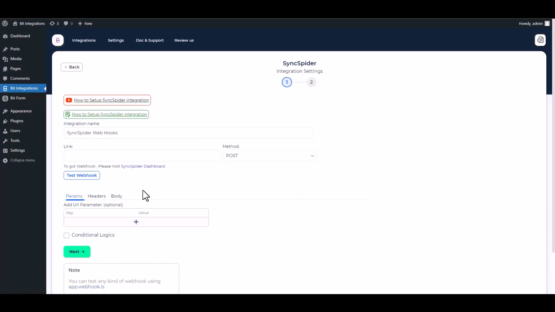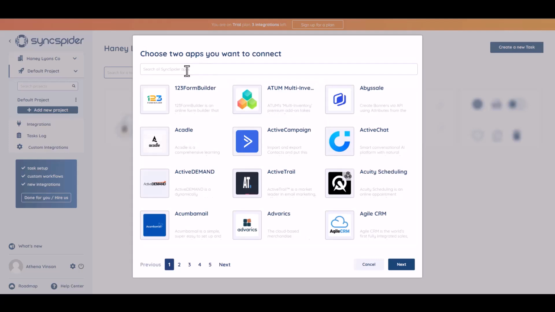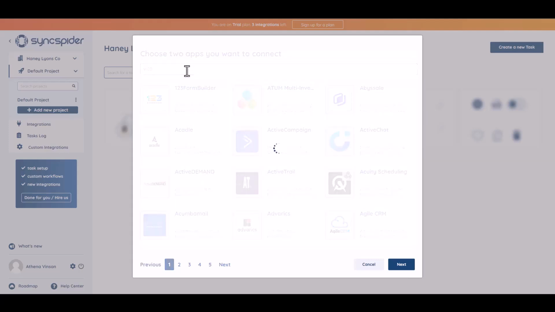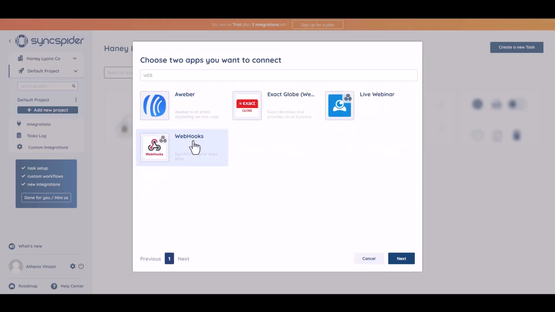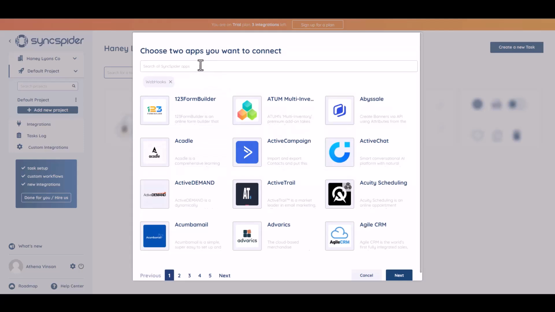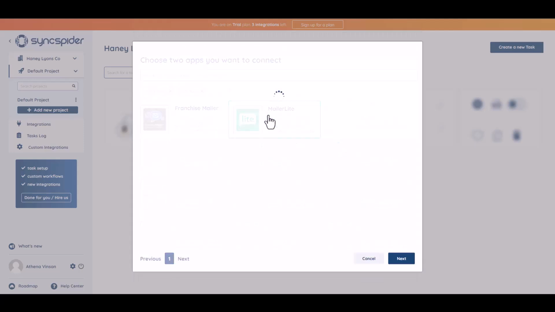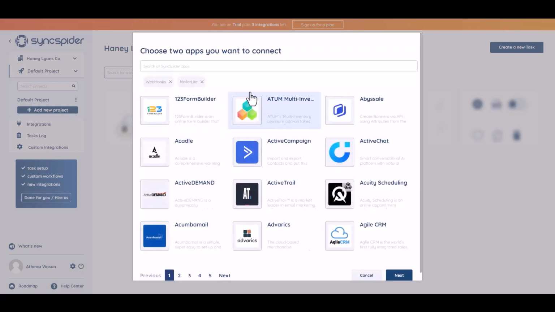Give here a webhook link. So go to the Sync Spider site, then click Create your first task. Search and select webhooks. Then choose another app to send the data. Next,